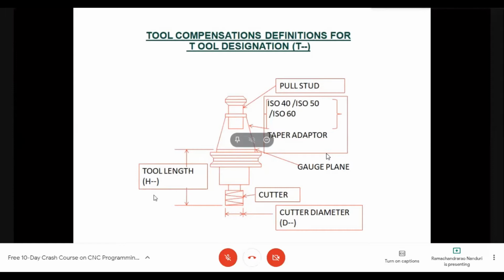Okay. Similarly, the cutter diameter is measured and entered in the D column of that particular tool number. So when you call this particular tool by its number, the length and the diameter of this tool are recalled by the programmable machine control, and all the movements, all the cutting actions and everything will be executed by keeping these two values in mind. Okay, just to go through this figure, I shall show you the tabular form again.